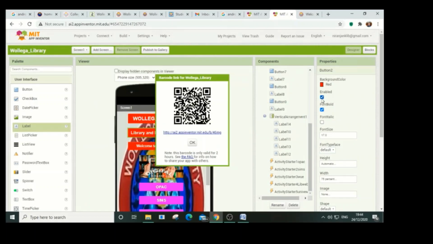Yeah, and this is the QR code. It is generated. You just have to scan this QR code, so the Android application will directly download what you have built on this page. It is going to download to your mobile phone. After downloading, you have to run the software and install it on your cell phone. So the application we developed is going to show on your mobile phone. So this is one way you can